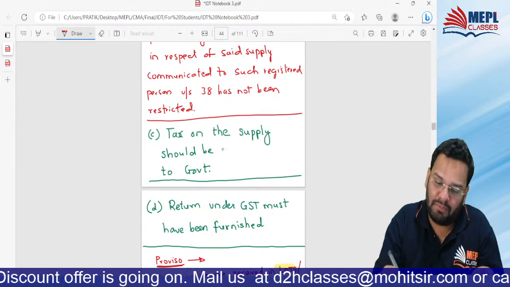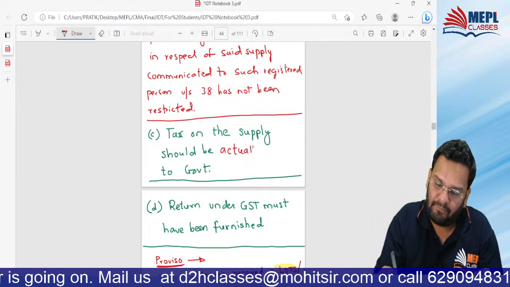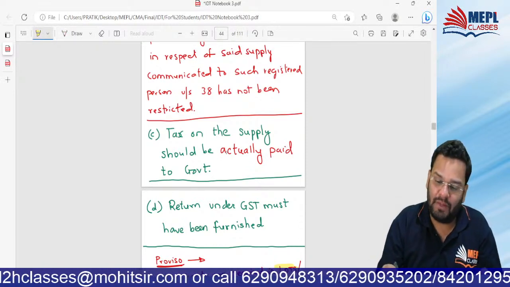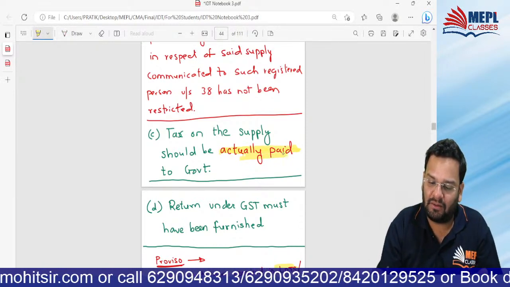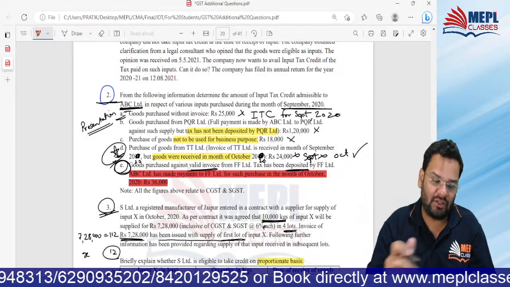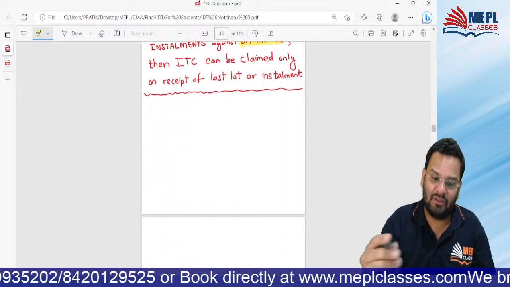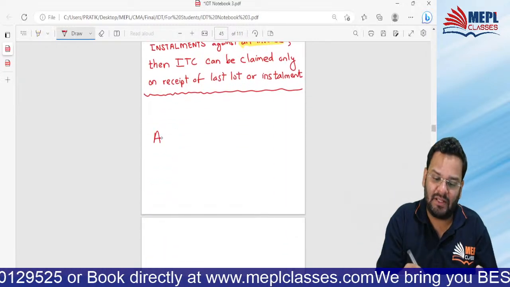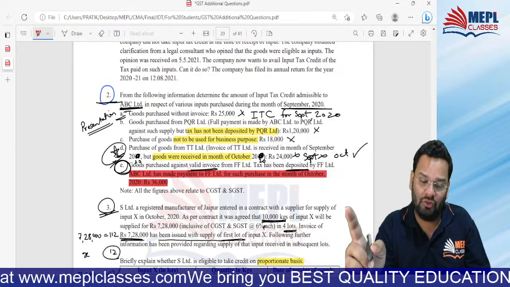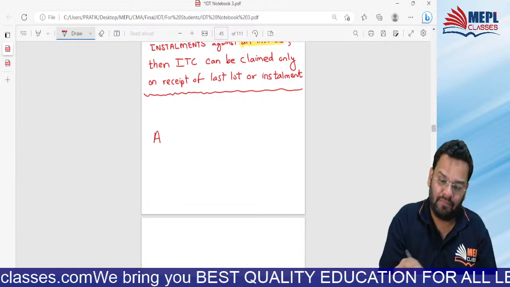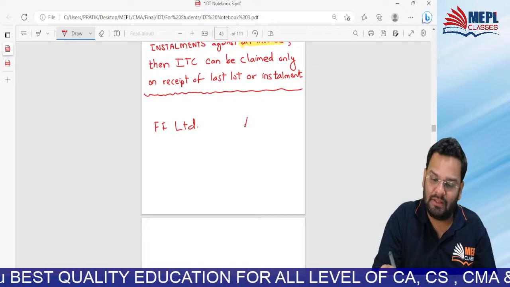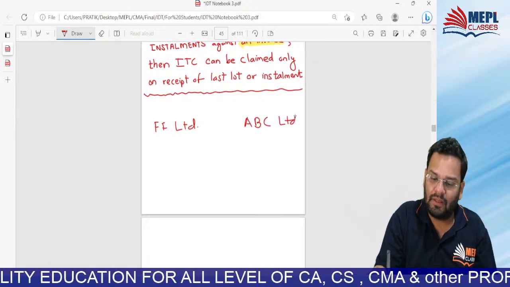Tax on supply should be actually paid. Actually paid to whom? It should be actually paid to the government. Got it? In our transaction, where FF Limited is selling goods to ABC Limited, when FF Limited is selling goods to ABC Limited,